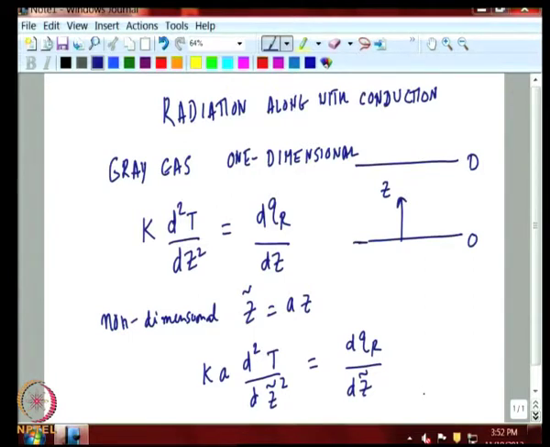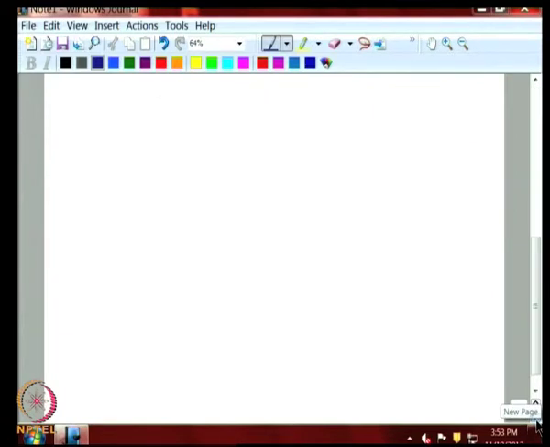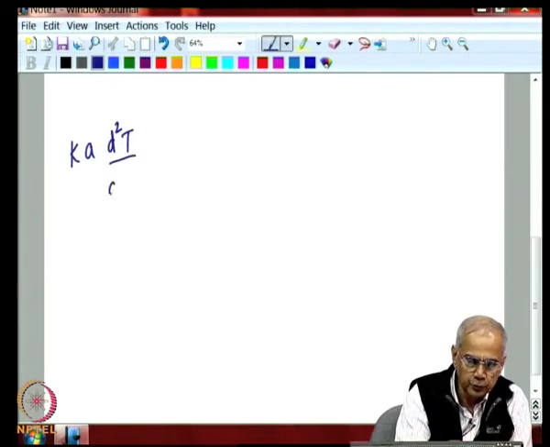And if you want to further proceed, we need to now write down the divergence of radiative flux in terms of the integral equations that we had developed earlier. Now, if you expand this term and write this down in terms of all the terms in the equation, the first term of course is the conduction term, it is already there, nothing new.